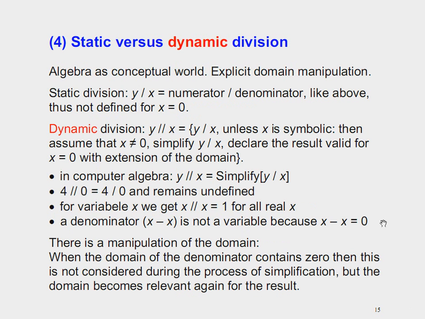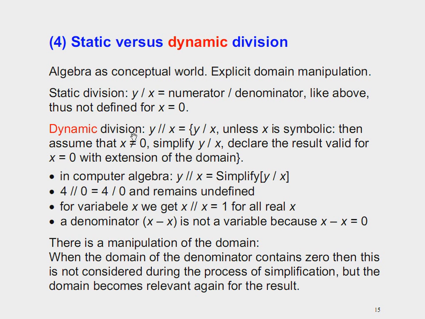This suggests a new definition of division. We changed from numerics to algebra, and we introduced the explicit manipulation of the domain. What we have done before for division is now called static division. So y divided by x, the numerator divided by the denominator, remains like the above, and is not defined when the denominator is 0. The new definition is